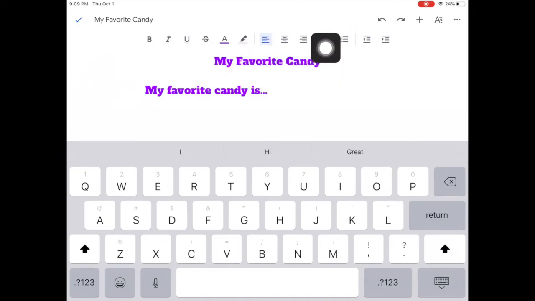These two buttons right here, we have bullets as an option, or we have numbers as an option. Either one of those are fine. I think I'm going to go ahead with bullets. And what I want you to do is list your top 3 favorite types of candy. So I am going to say